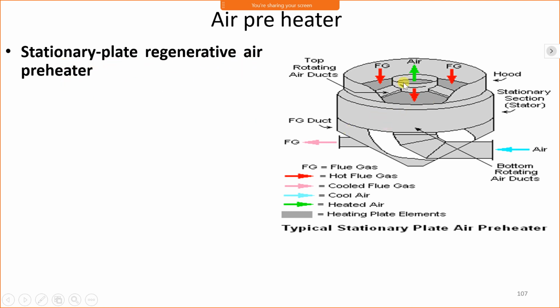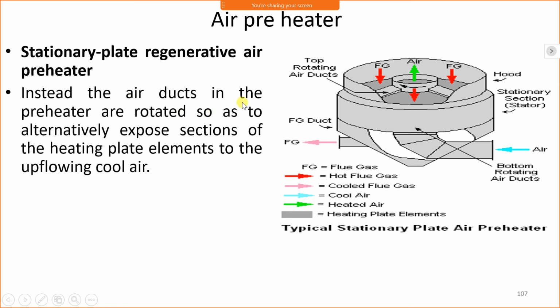Here you can see from this direction air enters, and from this upper portion flue gas enters. Look at the direction here. Air is moving in the upward direction since air is being heated. As the air is being heated, it moves upward, and the flue gas hits the air. Therefore, the temperature of the flue gas reduces. When the air is supplied through the air preheater, it absorbs the heat from the flue gas, and the outgoing air is hot air which is supplied to the furnace.